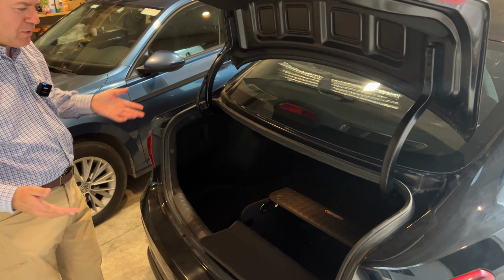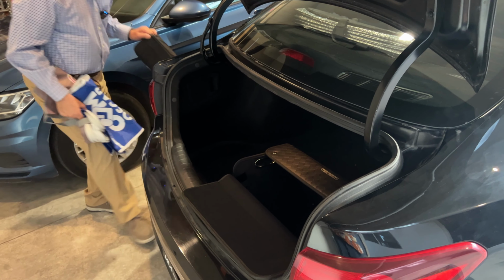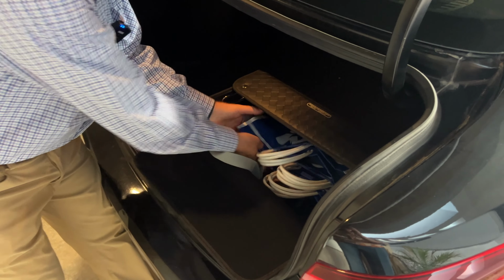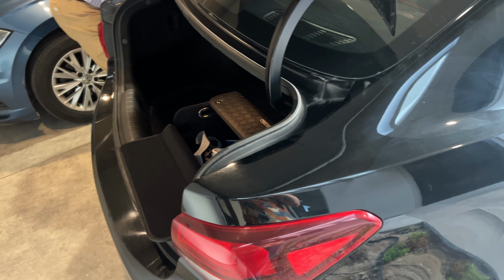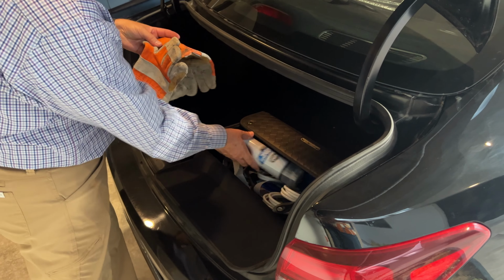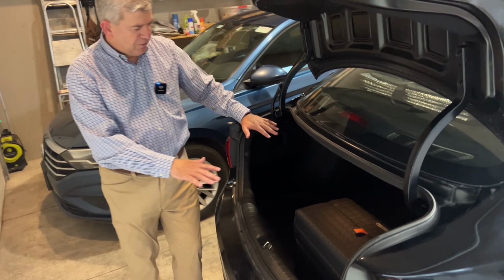And when you have it like that, you can put all the stuff that you bring with you in your car, like some of your tools, some grocery bags, maybe your windshield cleaner, your tire sealer if you need it, and some gloves. Whatever you bring with you in your car, you just close it like that, and you have a nice, organized